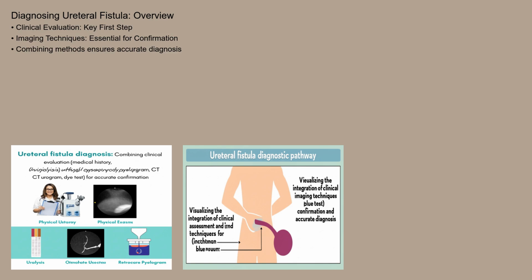A retrograde pyelogram, where contrast dye is injected into the ureter, can outline the urinary tract and reveal the location of the fistula. A CT urogram, which combines CT scanning with contrast dye, provides detailed images of the kidneys, ureters, and bladder. Finally, a dye test, such as a vaginal dye test using methylene blue, can help confirm the presence of a